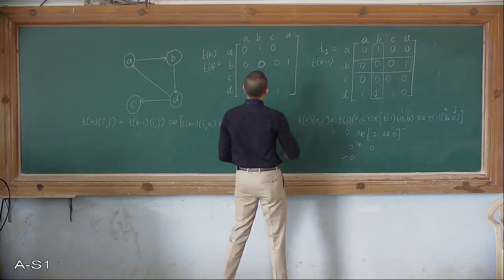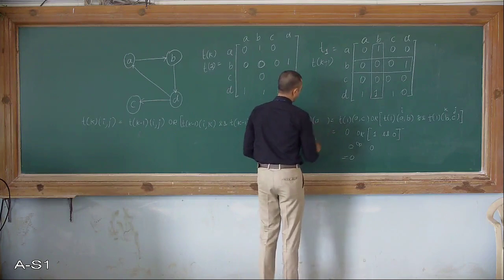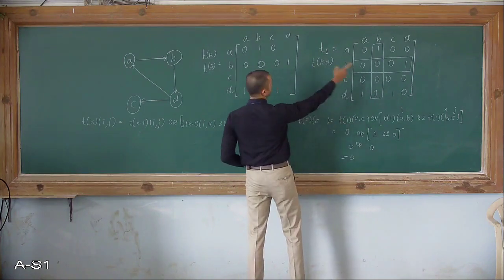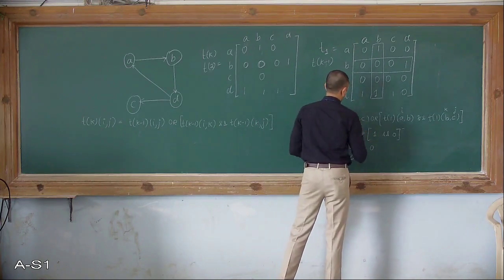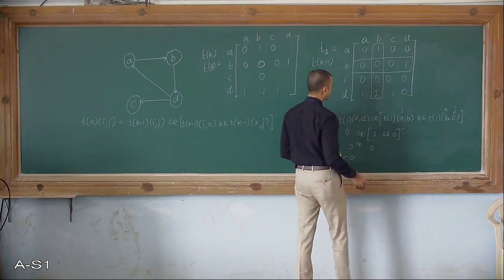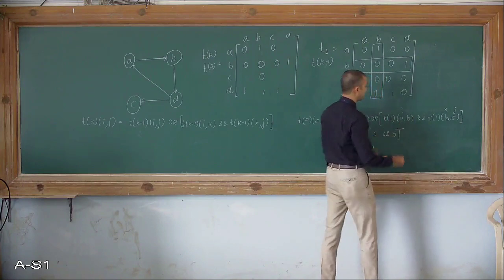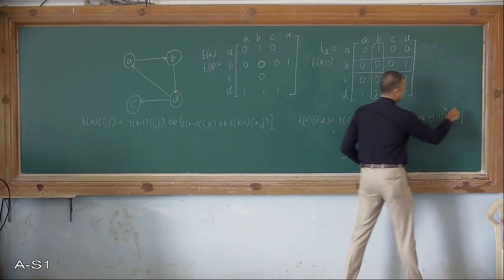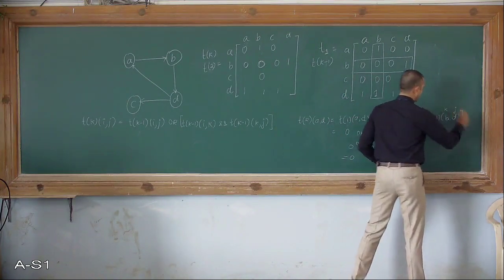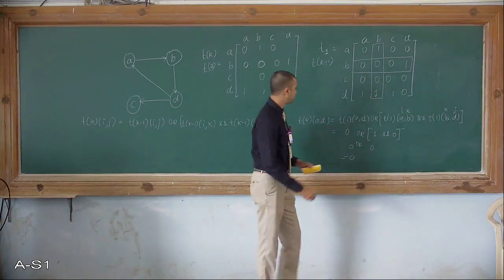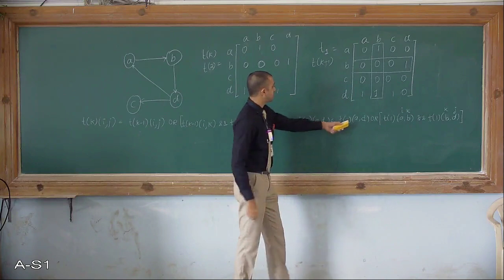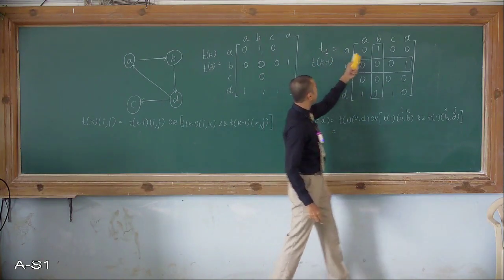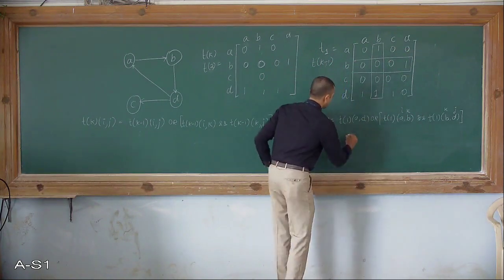Next, A to D. Let's find out A to D. A to D is also 0 over there. So let's see if I can do that. A to D, so the intermediate vertex is B over here. This is I, K. This is K, J. J is going to be D now. Let's see. In T1 A to D, do I have an edge? No. 0.